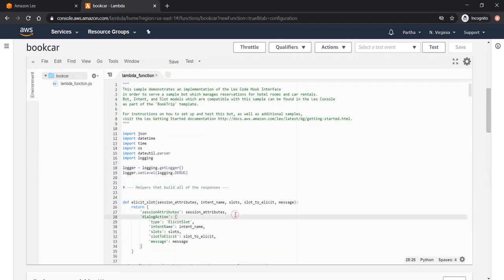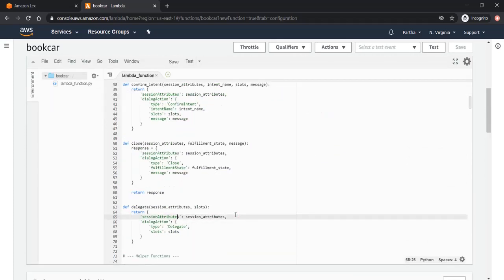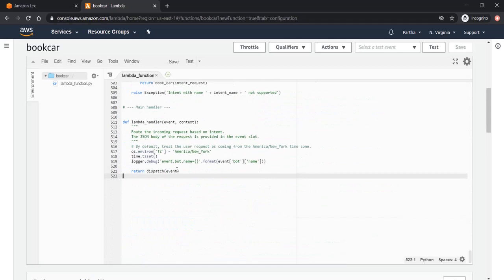So to make it very simple, now let me go straight to the first function that will be invoked by the fulfillment when calling this Lambda function. So this is the first function that will be invoked, and here you can see we are having two arguments, event and context, and after that it is returning to this particular function dispatch.